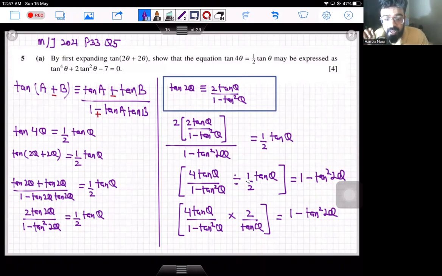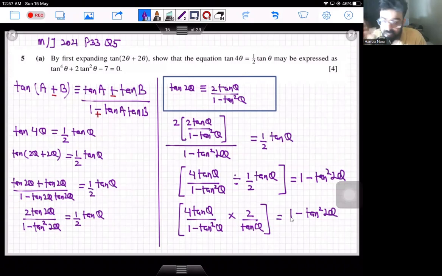So what I can do, I can convert this division sign into a multiplication one and reciprocate this fraction. So 4 tan theta upon 1 minus tan square theta multiplied by 2 over tan theta, and this equals 1 minus tan squared 2 theta. Now, as you can see, tan theta and tan theta are cancelled out, and 4 times 2 is 8. Therefore, you are left with 8 upon 1 minus tan squared theta, and this equals 1 minus tan